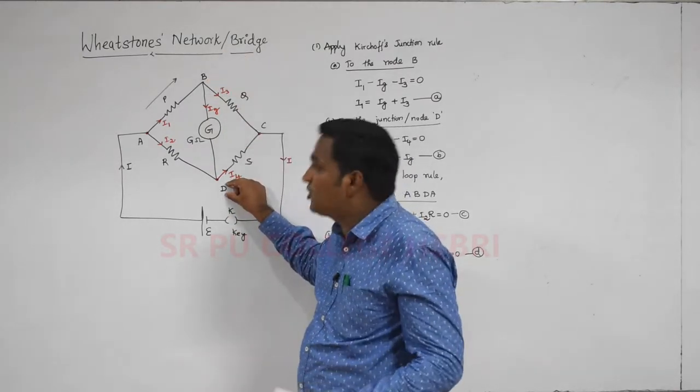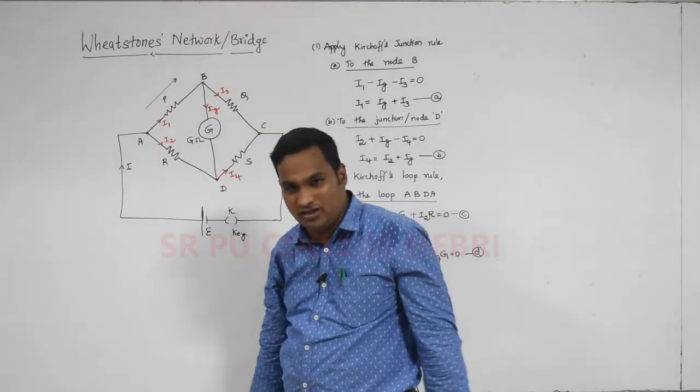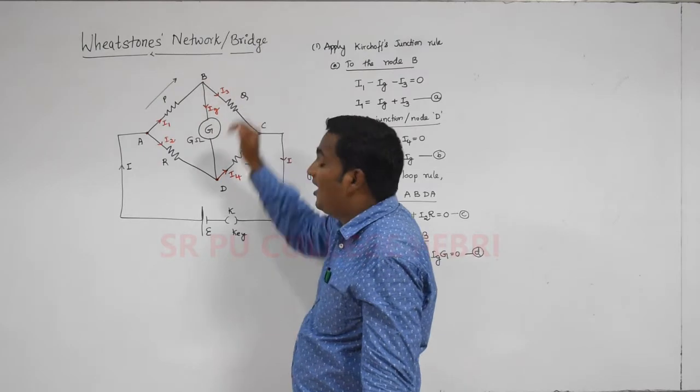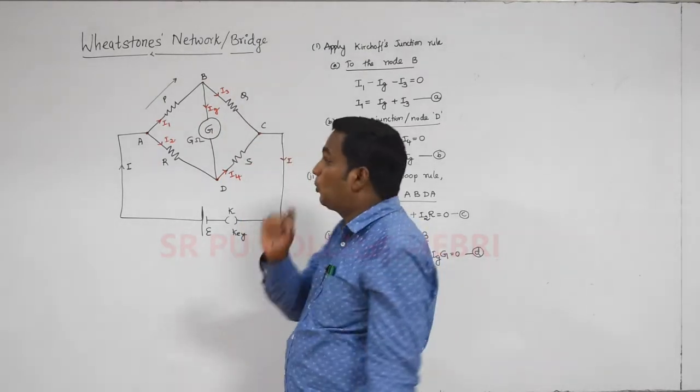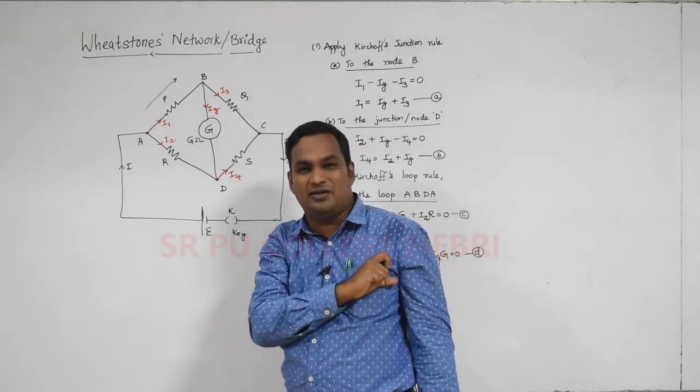we call it the voltage at point B and the voltage at point D, both are equal. If the potential at points B and D are equal, automatically the potential difference between points B and D is equal